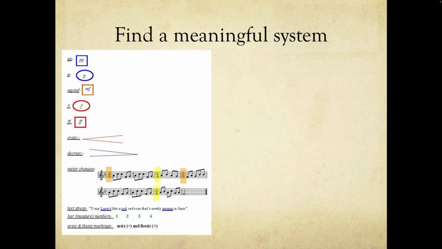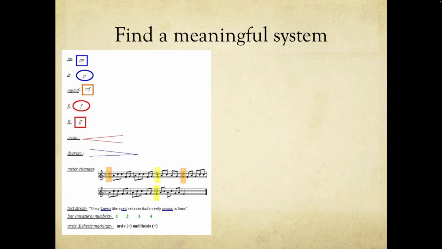One thing I will ask you to always do is underline the important stressed words in the text. I use the example here of Robert Burns' poem, Red, Red Rose. Oh, my love's like a red, red rose that's newly sprung in June. We could read that about 65 different ways, but I sing or speak, oh, my love's like a red, red rose that's newly sprung in June. So that when we were to sing those texts, those words should be emphasized. And that relates to the arsis and thesis markings. You can put a plus over those words I have stressed and a minus over the other ones, or you can underline them either way.